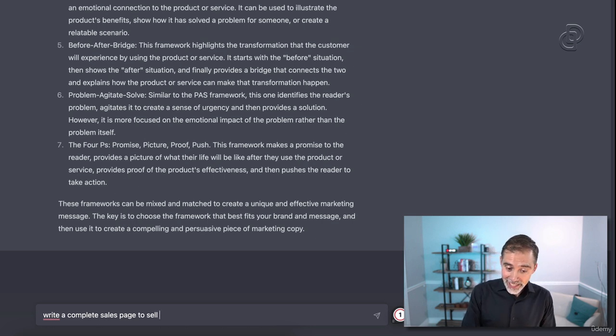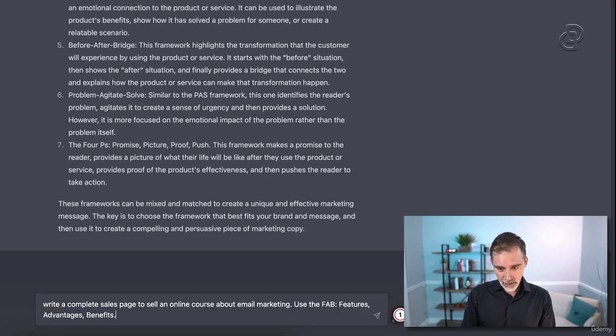In this case, I'll say that is to sell an online course about email marketing, which is the example we are using. We will say, and we paste here the FAB, features, advantages, and benefits framework,